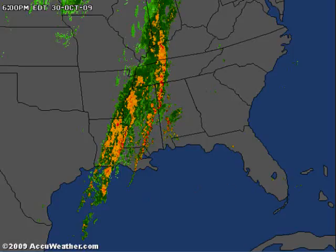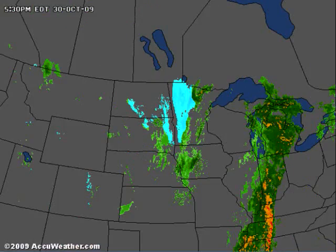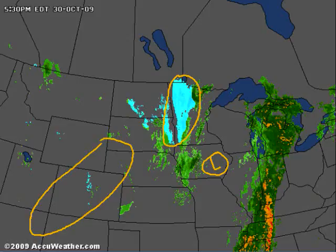And then lastly, we're going to go into the upper Midwest, like I said I was going to show you. And up here, of course, it's not thunderstorms or heavy rain affecting the areas, but more snow. And here's that snow band that's still continuing to snow. The storm is actually caught up in this area here, and all of that is going to keep shifting to the east. And take note, it's pretty impressive how it snowed throughout this whole area up here,